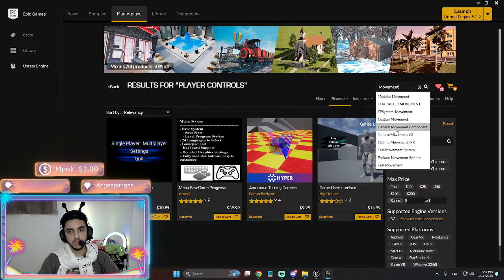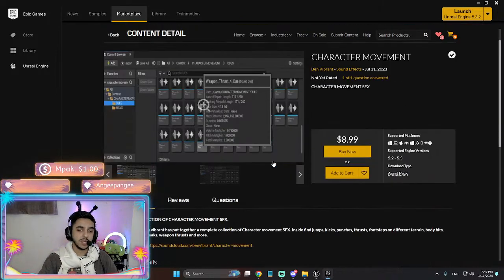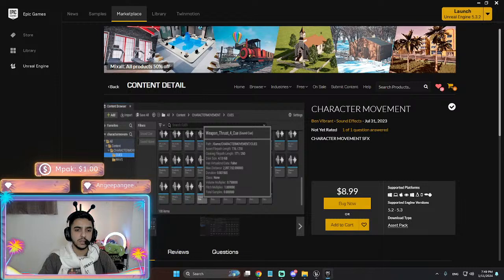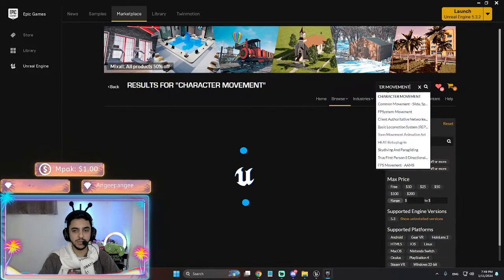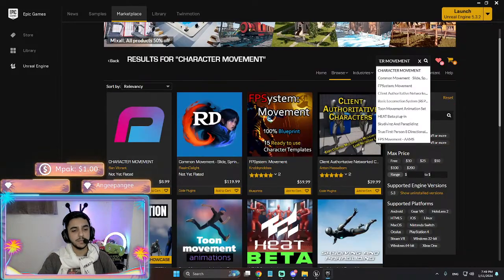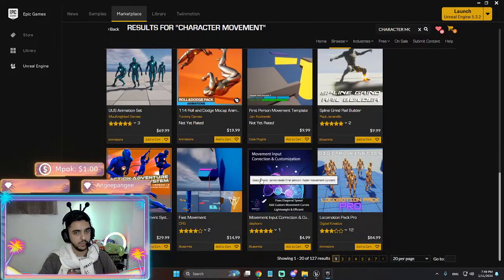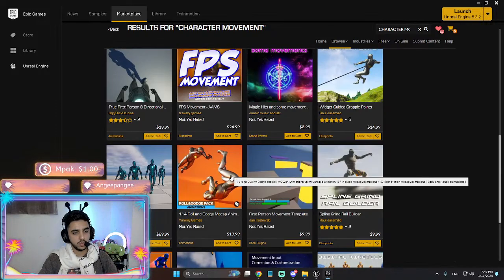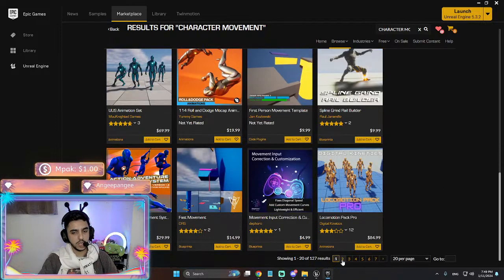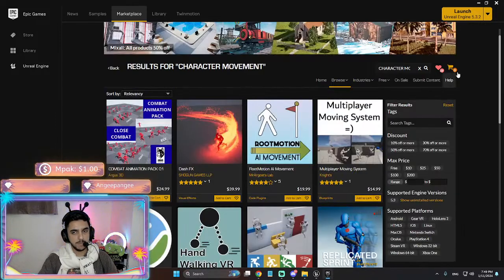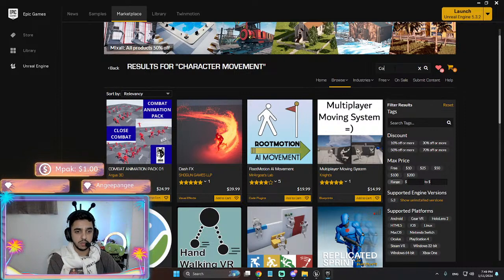Modular movement, general movement components, fast movement, parkour. So this character, I'm gonna see what it's about. I'm searching generally for anything related. Okay. What we got here? Roll and dodge. Maybe.